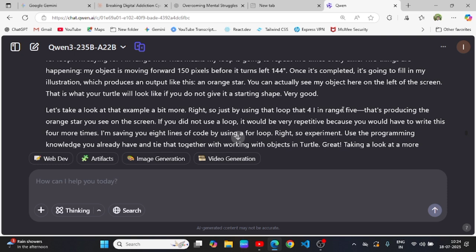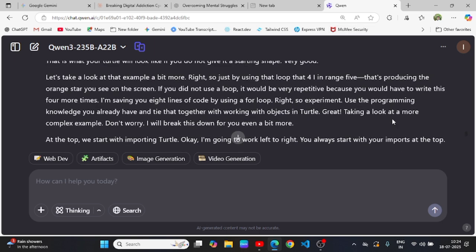If you did not use a loop, it would be very repetitive because you would have to write these 4 more times. I'm saving you 8 lines of code by using a for loop, right? So experiment. Use the programming knowledge you already have and tie that together with working with objects in Turtle.